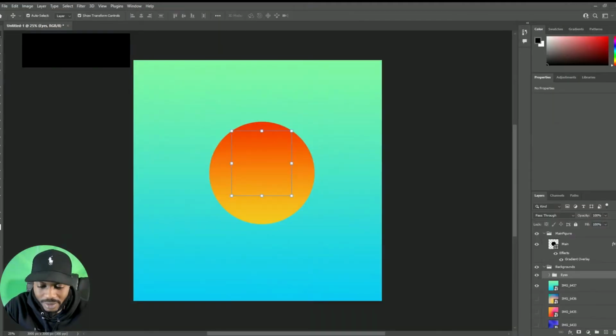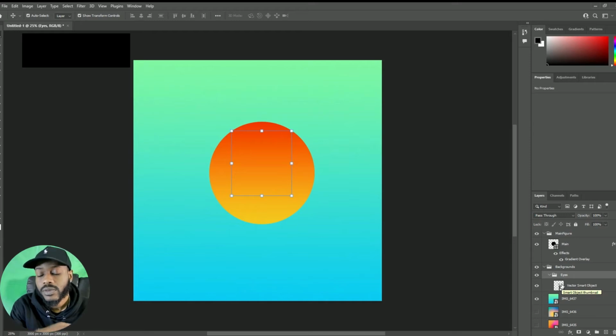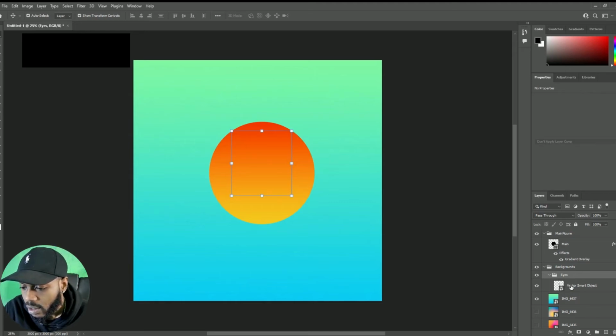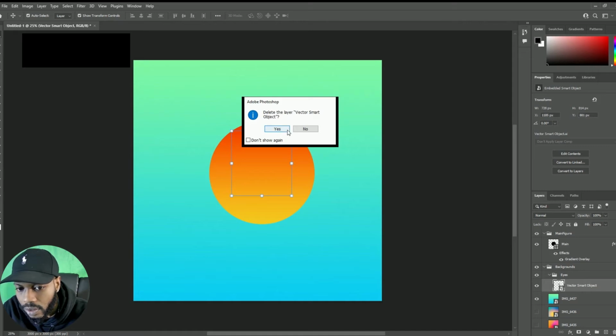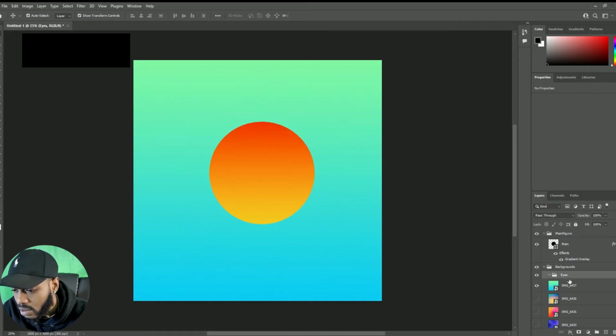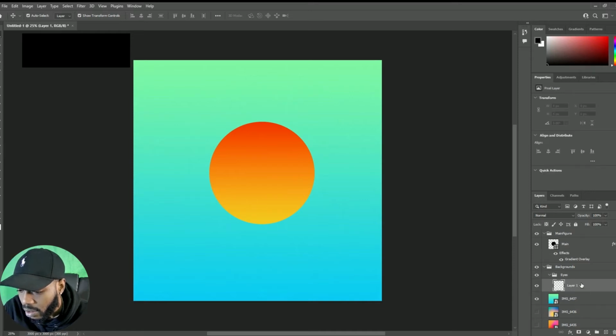So we just copied our eyes from Adobe Illustrator, and let's do this again just so that you guys can see what I did. Delete layer. Yes. So in the eyes, we want to create a layer there. That's going to be there. Bam. And now